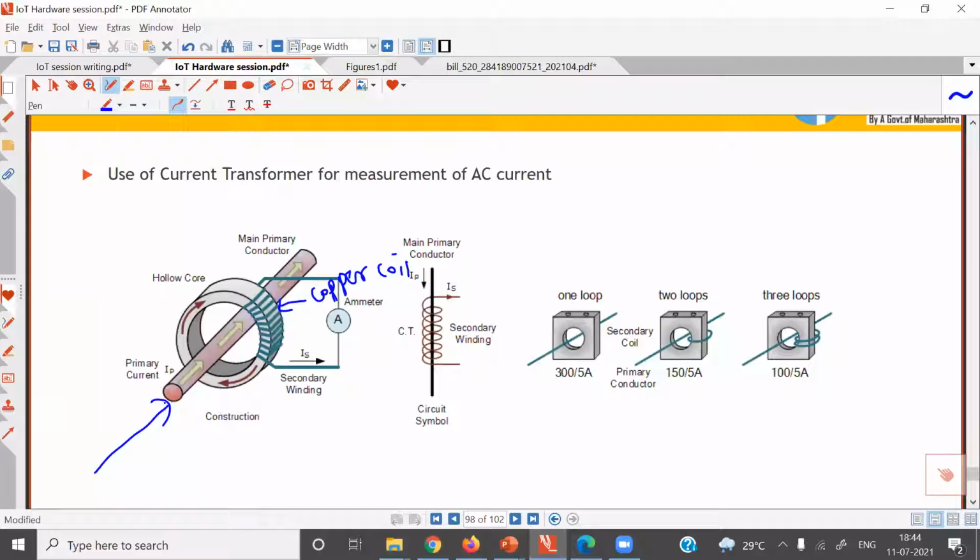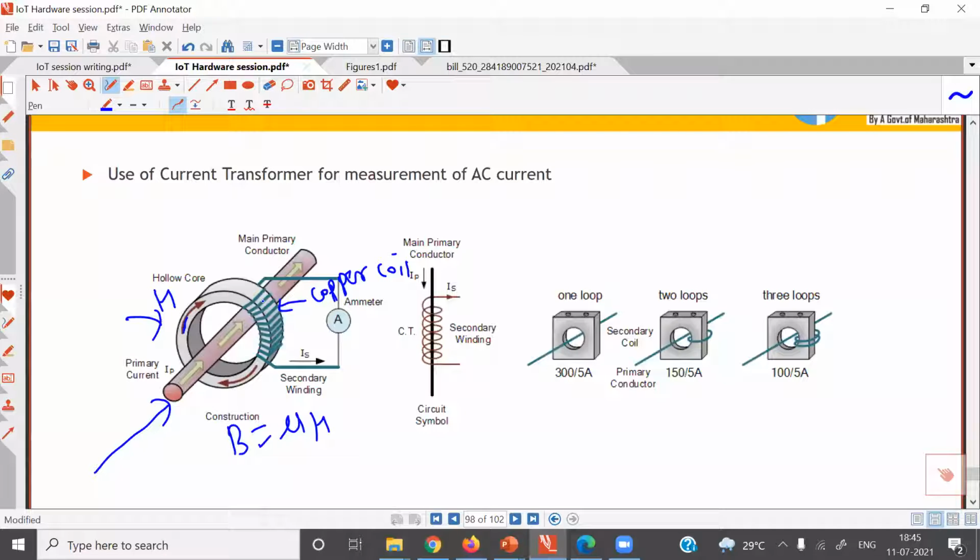So when AC current flows through this conductor, it produces circulating magnetic field. One such direction is shown here. This is the direction of current, direction of magnetic field. And you know that magnetic flux density is equal to mu into H. This current carrying conductor produces magnetic flux density. So this magnetic flux density passes through the center of each and every turn in this coil.